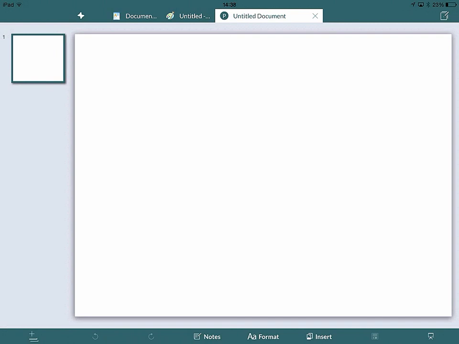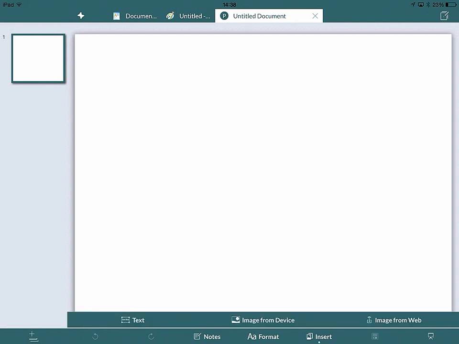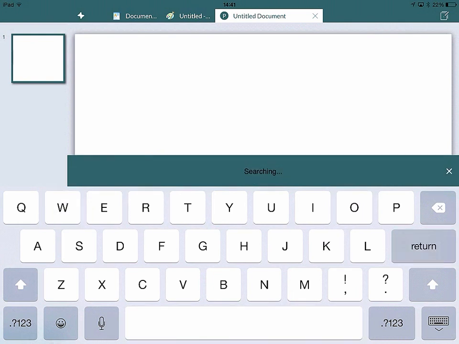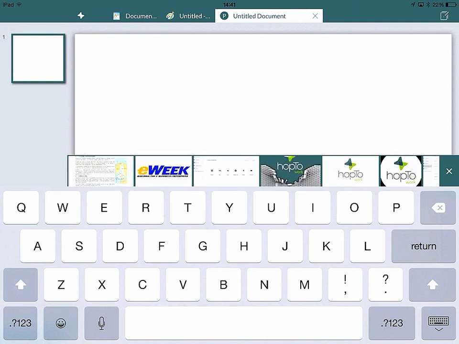So let's show you one quick feature. If we click Insert, an image from web. If I search on Hop2Work and press search, it will now use Google Images to look for whatever you typed.